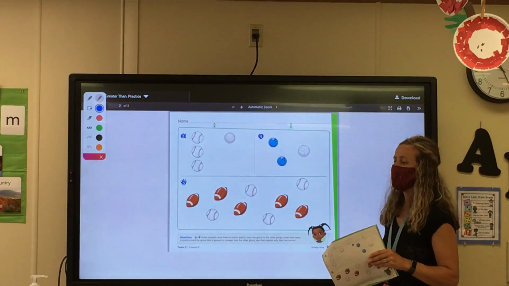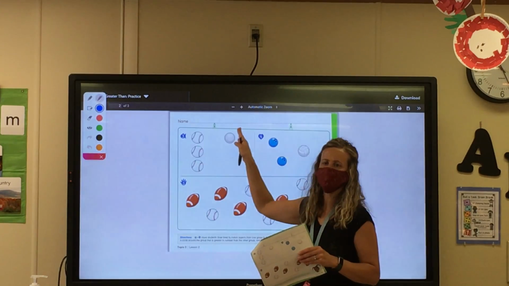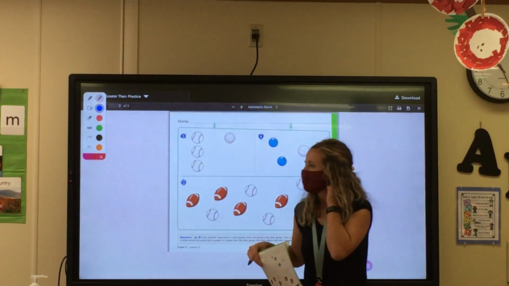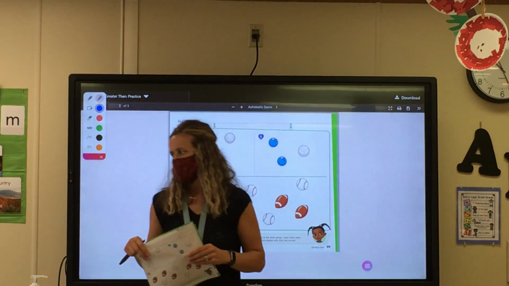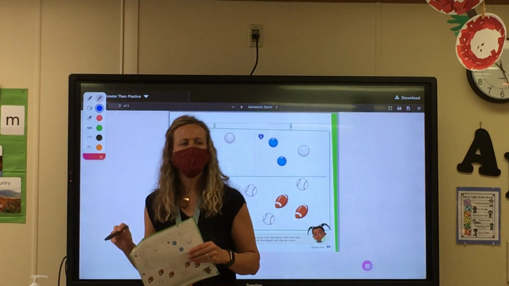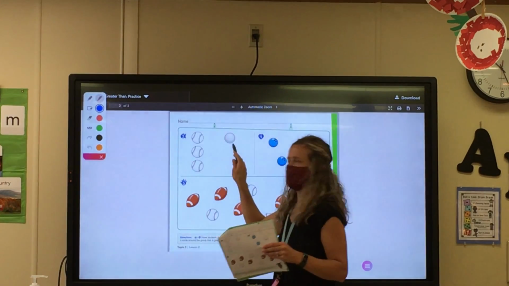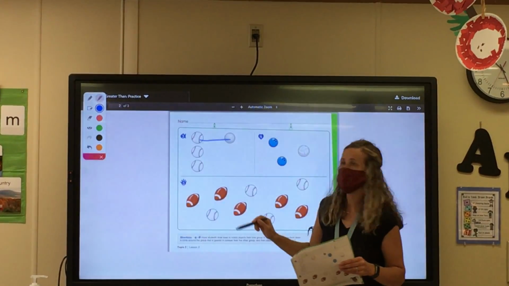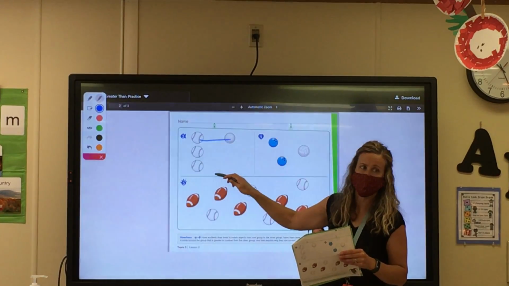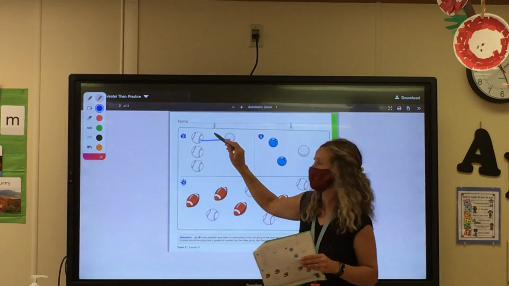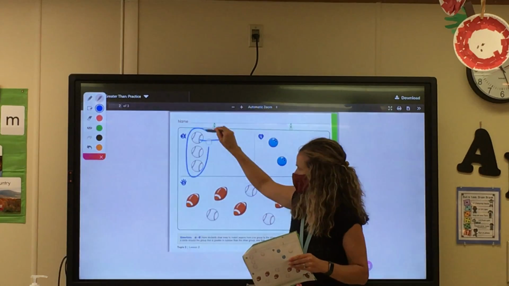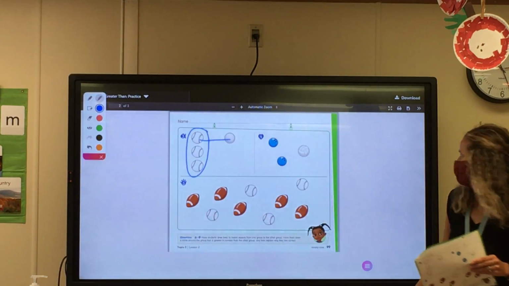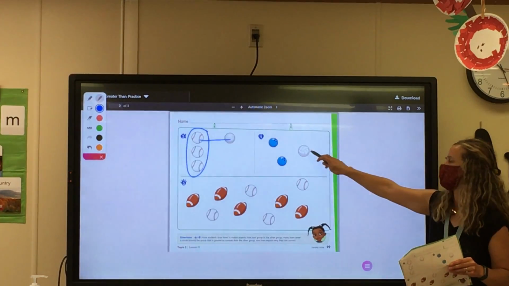Okay, now we're going to match up baseballs to golf balls. Go ahead and do that, match one to one. Okay. All right, Jacob, which group is greater, the baseballs or the golf balls? Baseballs, because when you match one to one, you can see that there are still 2 more baseballs that don't have matches. So we're going to circle the baseballs. Right? Baseball is greater. All right, go ahead and match the bowling balls to the volleyball